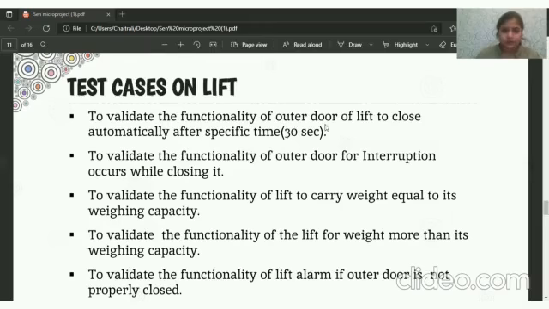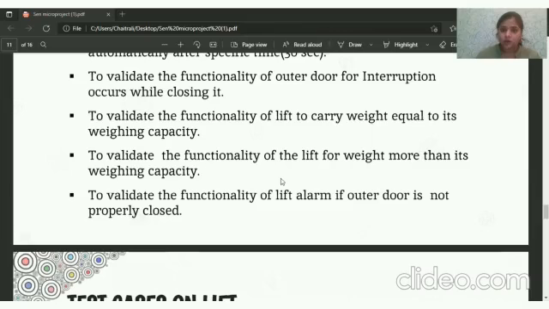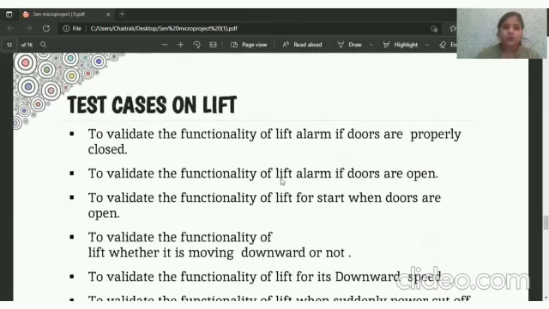Functionality of outer door of lift to close automatically after specific time, for example, like 30 seconds. To validate the functionality of outer door for interruption while closing it. To validate the functionality of lift to carry weight equal to its weight capacity. To validate the functionality of lift for weight more than its weight capacity. To validate the functionality of lift alarm if outer door is not properly closed. To validate the functionality of lift alarms if the doors are not properly closed and if the lift